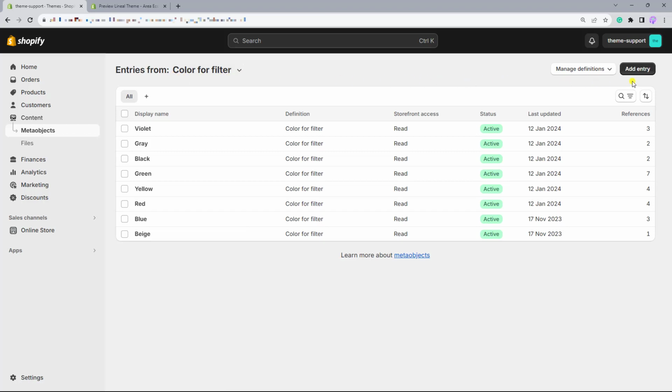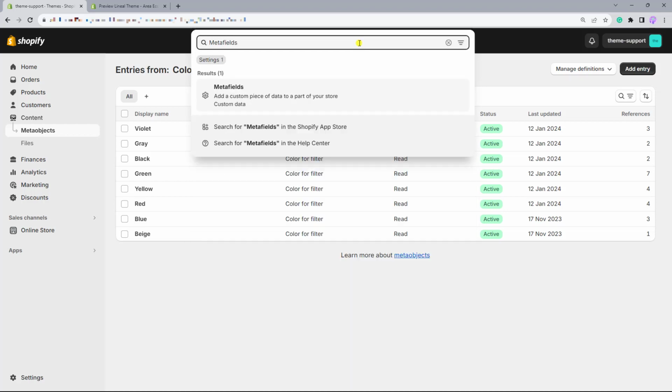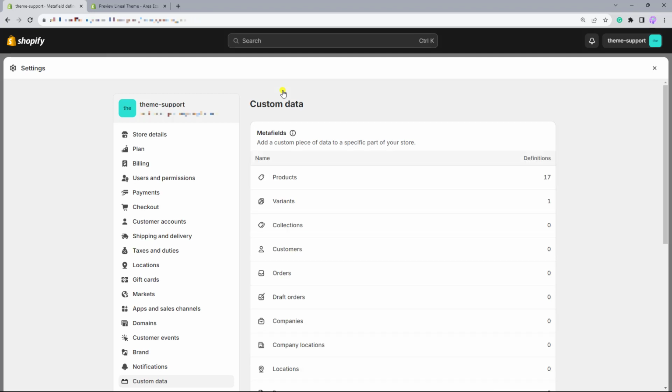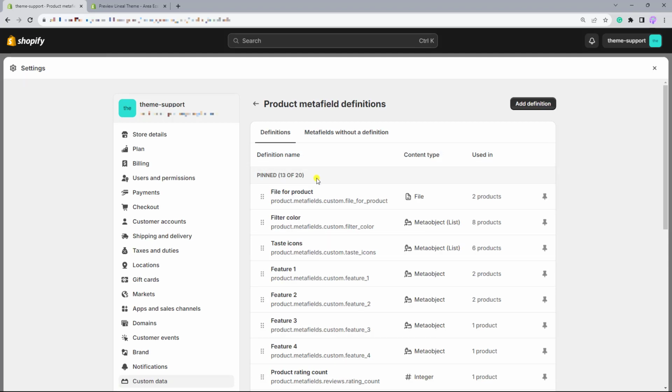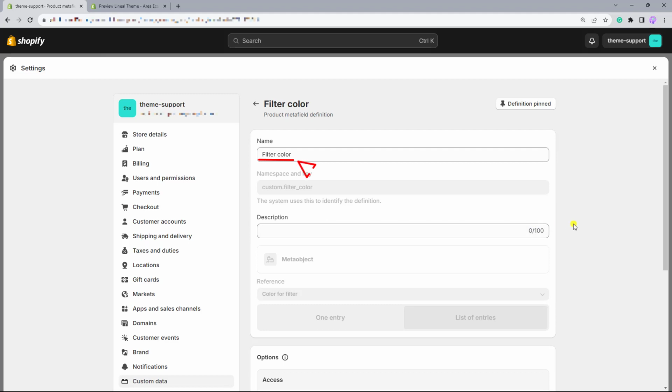All the undertaken actions contribute towards the establishment and retention of new data. Connecting entries with products requires the use of metafields. Create a metafield by navigating to metafields from the search results. Enter the keyword into the search bar, then choose metafields from the search results to access the required page. Then go to products. The metafield is titled Filter Color with the custom